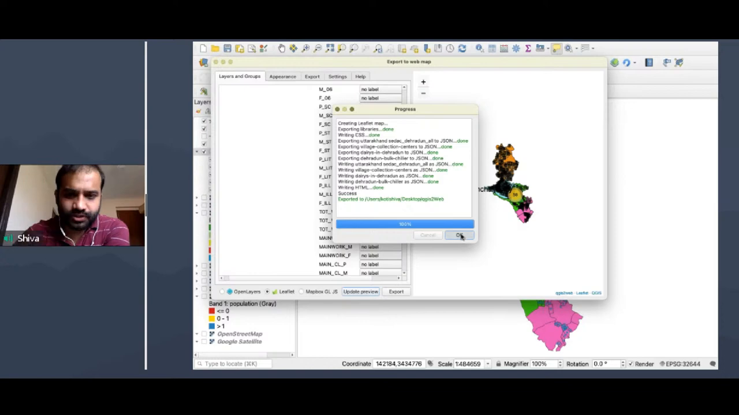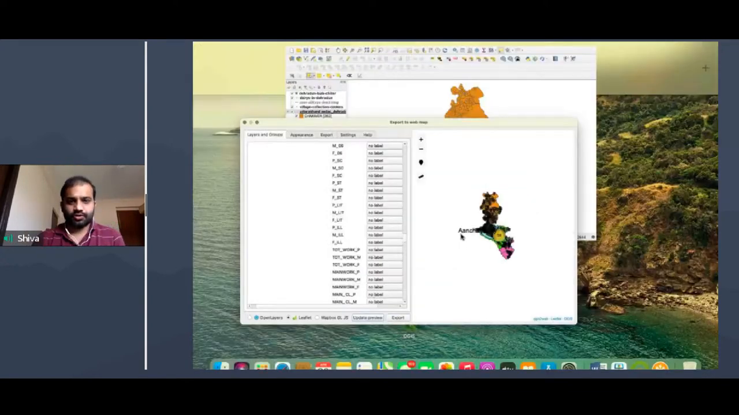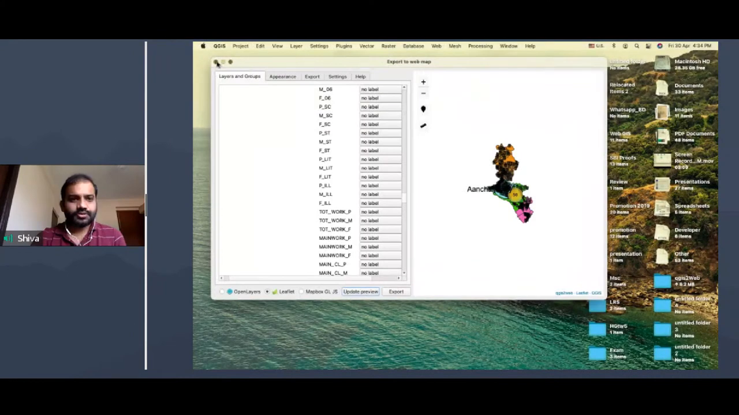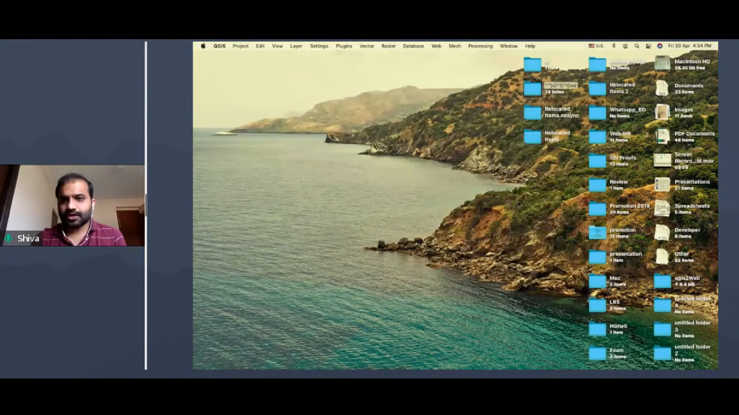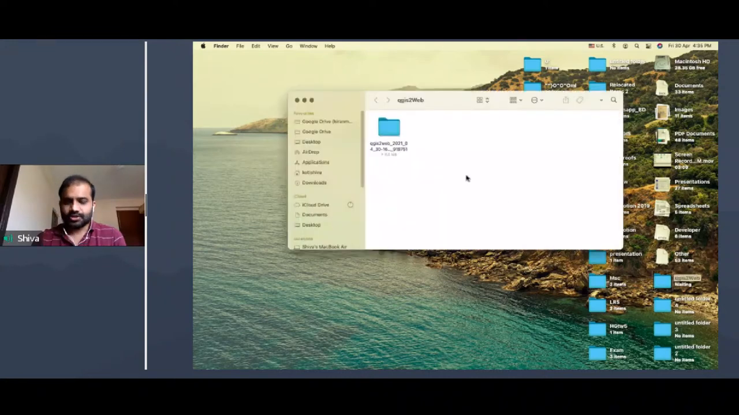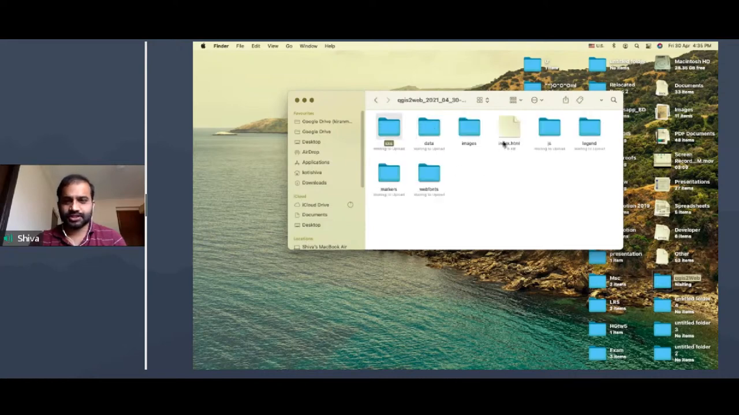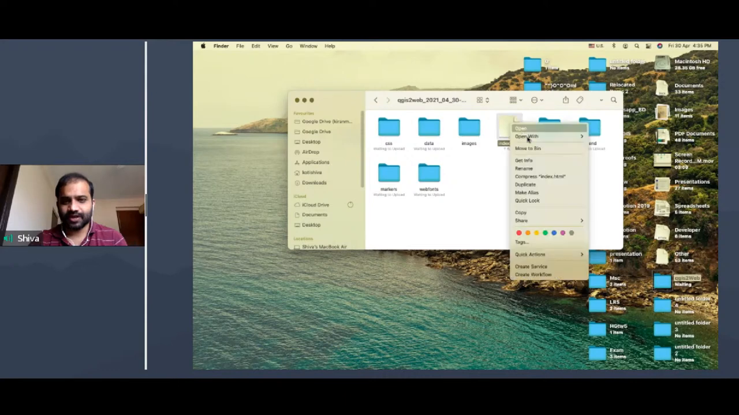So it is already exported. What I will do is go to my desktop and find the folder which I have created. In this folder, I have the entire export. It has the CSS file and the index.html file. If I open this in any browser,